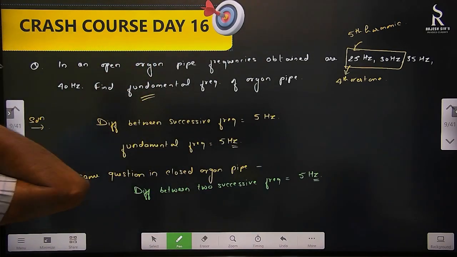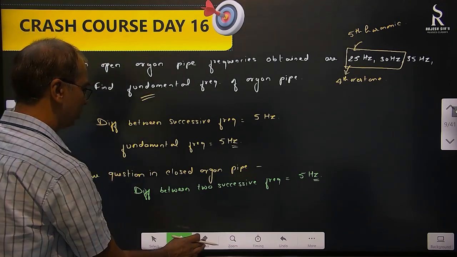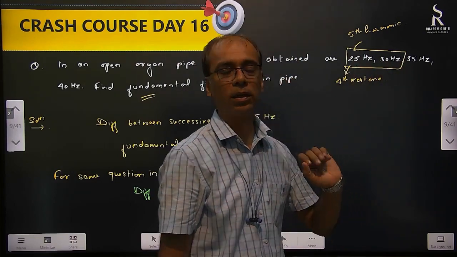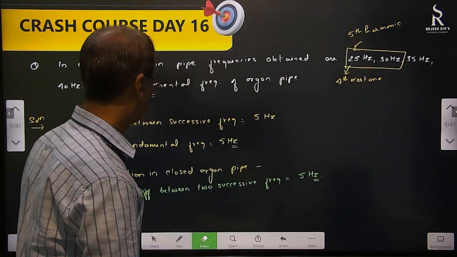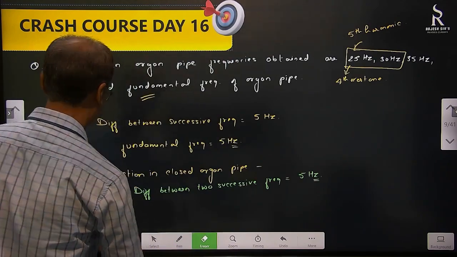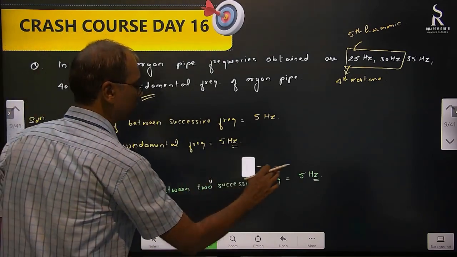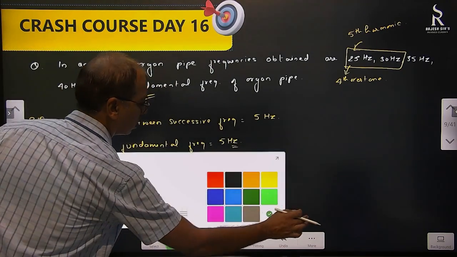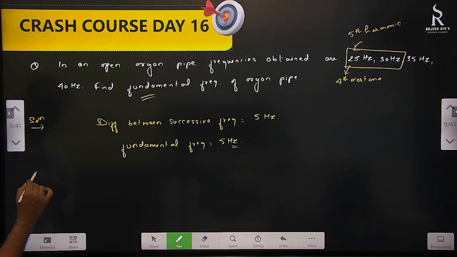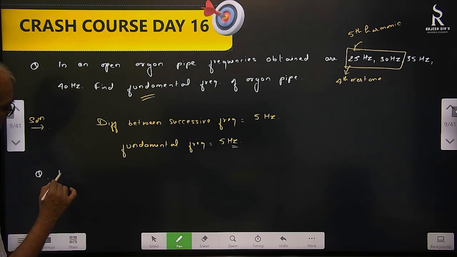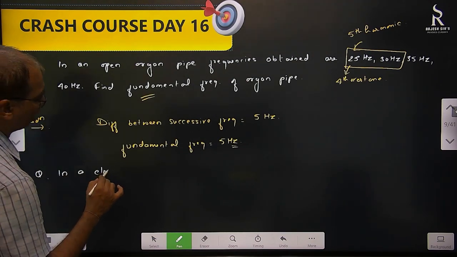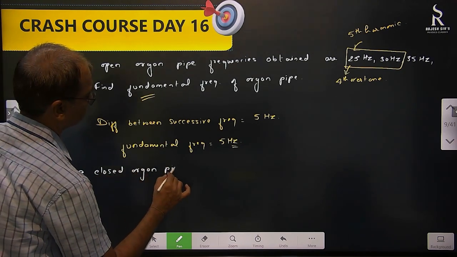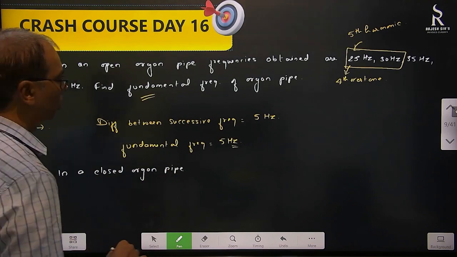Okay, we will do one thing. We will not do the same question because in this one 25, 30, 35 are given. That will not be possible for a closed organ pipe. So we will change the question. Just change the question, then we will do it. What should be the question? In a closed organ pipe, frequencies obtained are